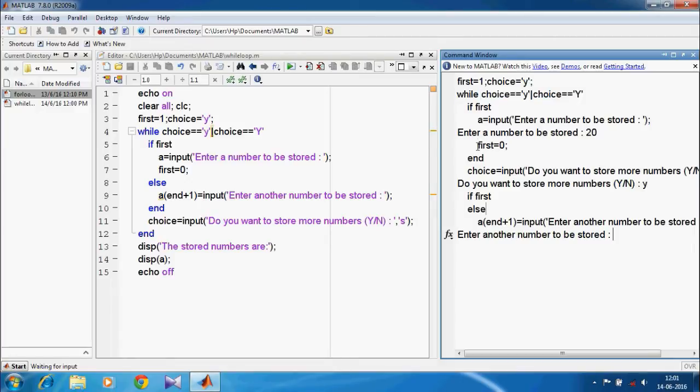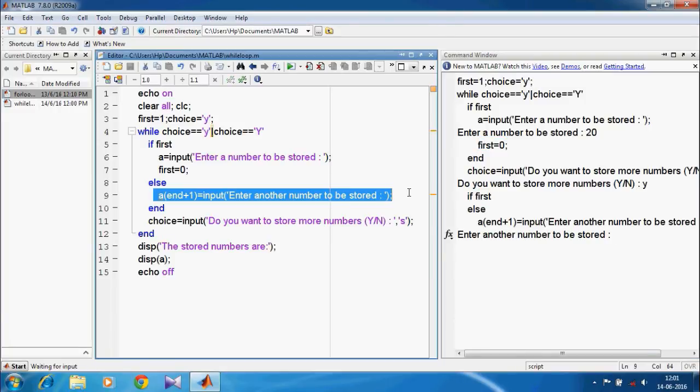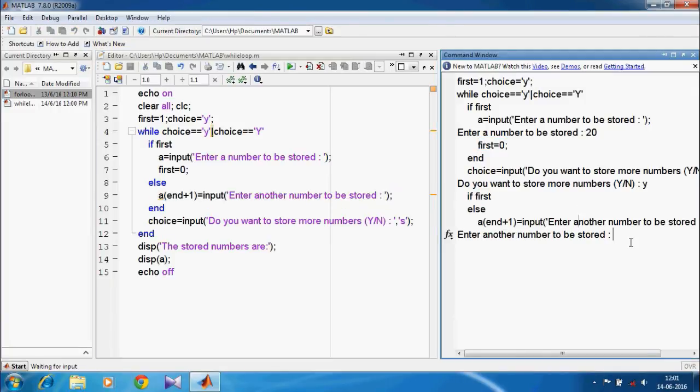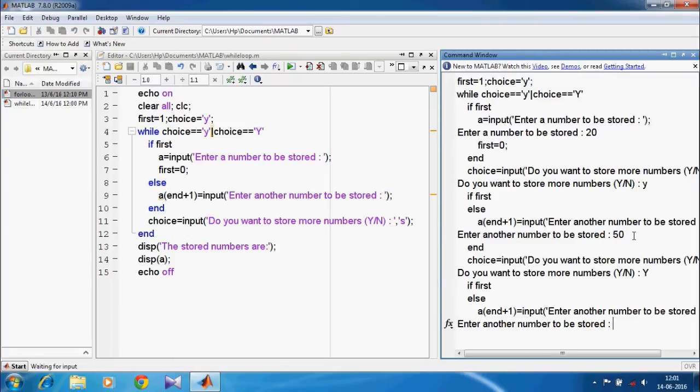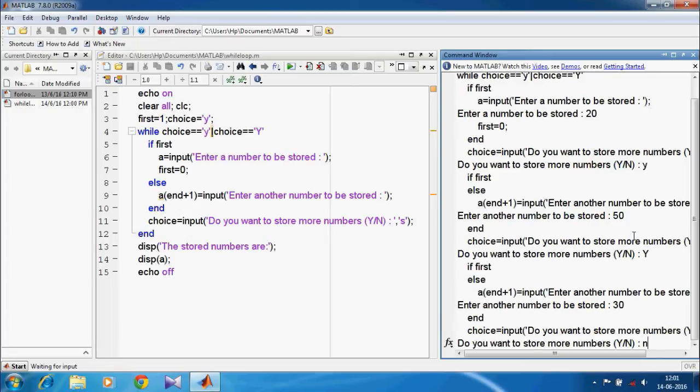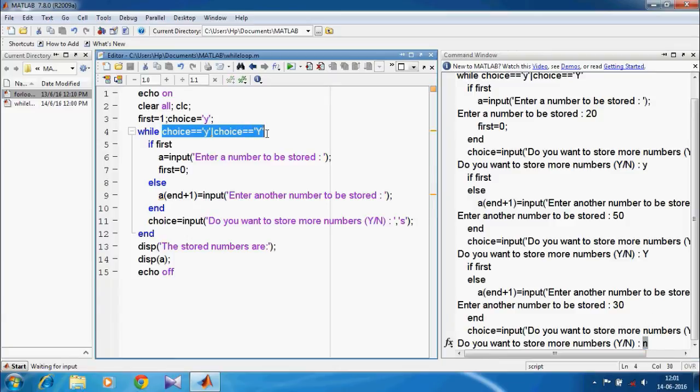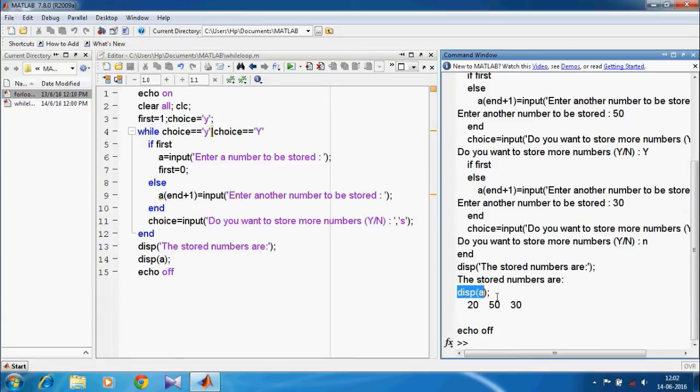But this time, first is 0, that is false, so the else portion was executed. And the input 50 was stored as the next element of A. In the next pass, 30 was stored as the third element. We input choice as N, so the while condition failed and the statements after the loop were executed. That is, the stored values were displayed.